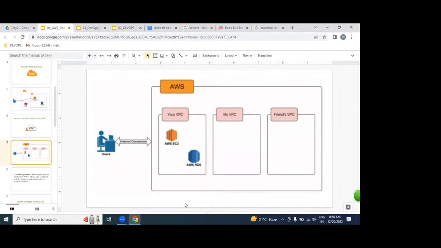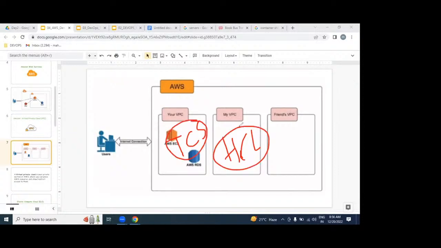For example, can anybody from the outside world access your TCS or HCL company laptops or servers? Is it secure or not? The same way, we can get that kind of network in the cloud also. For example, this network is for TCS, this network is for HCL. These companies all use the AWS cloud only, but AWS provides a secure network. So this network is dedicated to TCS, and this network is dedicated to HCL.